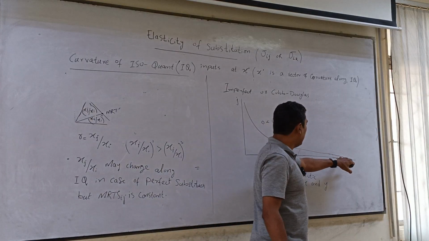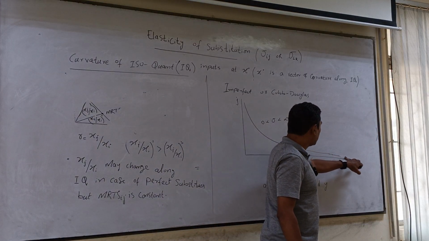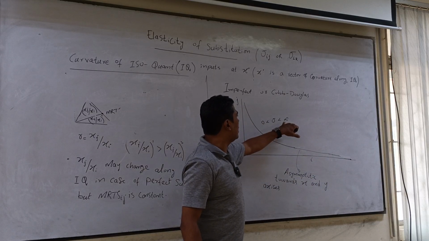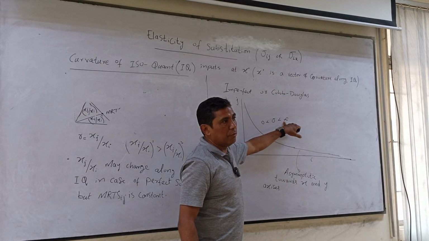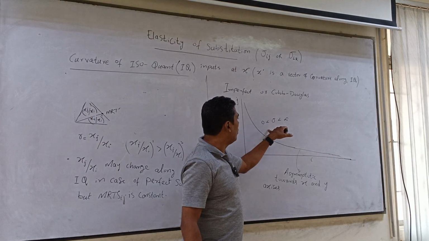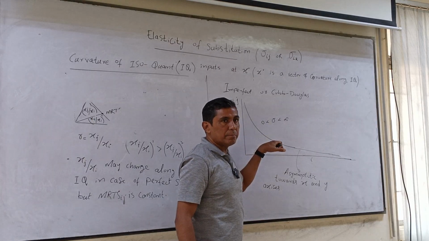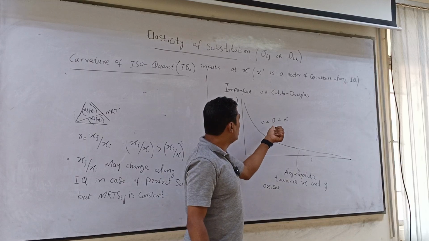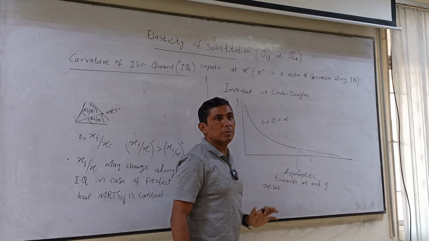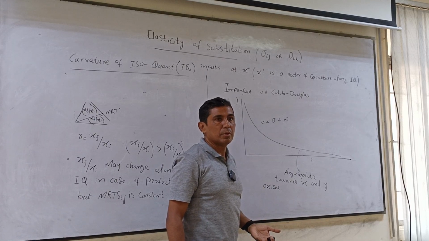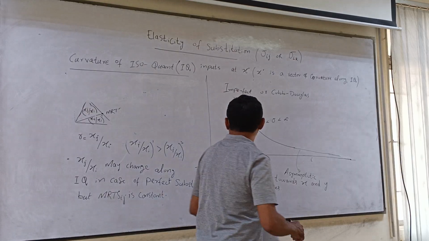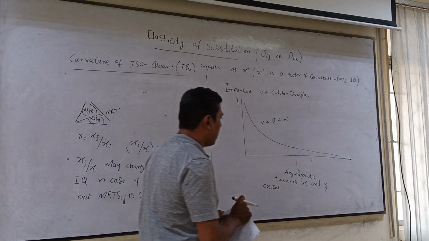So when it never touches but approaches the x and y axes, it means you don't have an infinite value of sigma, or rather substitution is always there, so your value of sigma will never be equal to zero. The case of Leontief preferences. Clear? So in case of the Leontief preferences,